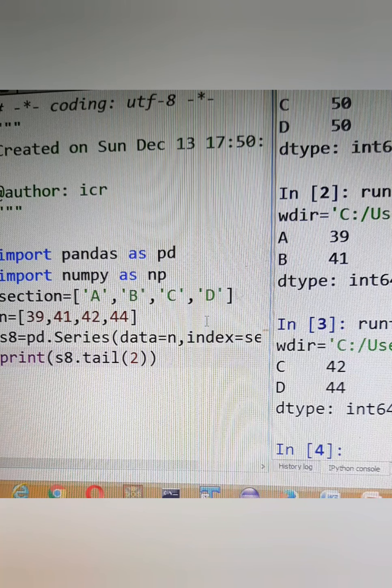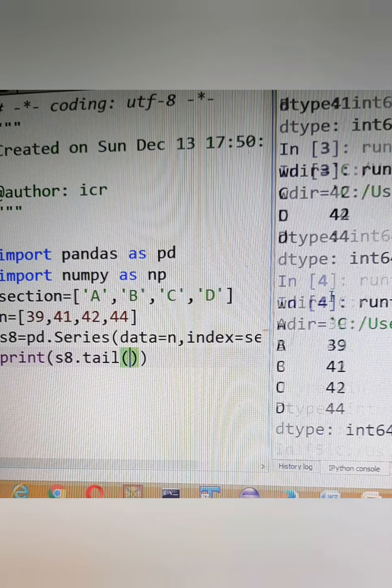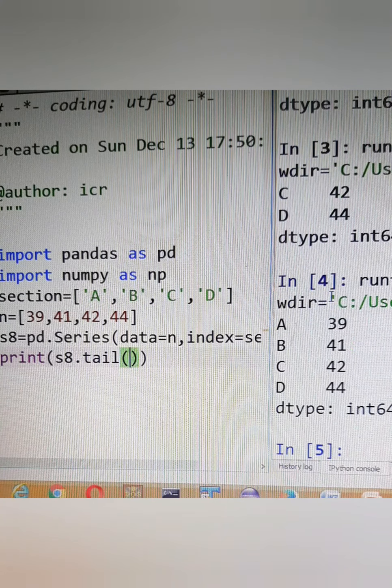Suppose I write here only tail. The default value for tail and for head, if you do not specify any number of rows, is 5. Now in tail, if I write S8.tail(), all the 4 records will be printed, because the default value for tail is printing 5 records starting from the end till the beginning. And in head also, if I write head without any parameter, it will give me the first 5 records automatically.